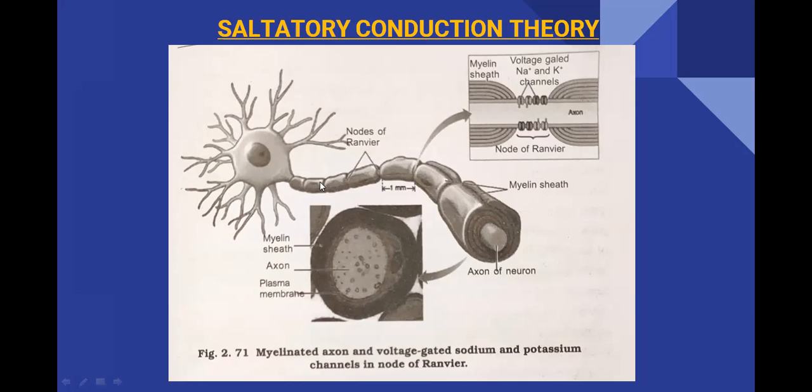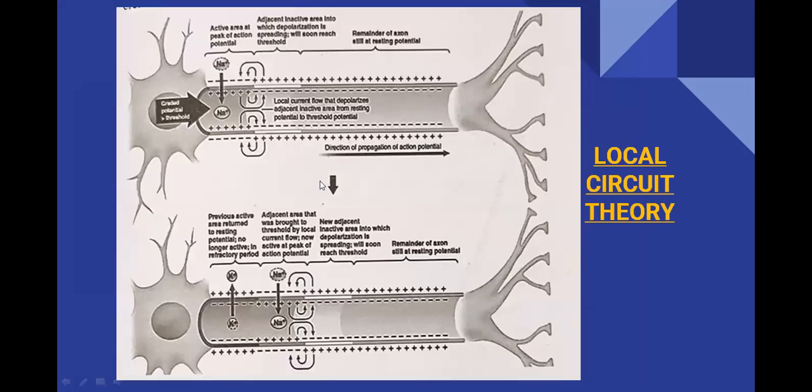We have seen in the previous non-myelinated neuron that, as non-myelinated neurons do not have any myelin sheaths around them, many sodium and potassium voltage gated channels are present throughout the length of the axon.